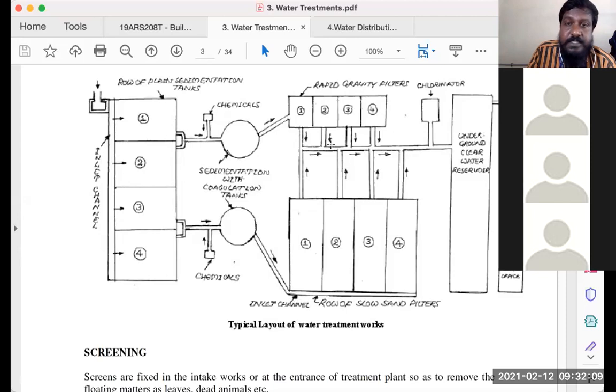It's not necessary that both systems would need to be used. This is just an example. Depending on the situation, the appropriate systems would be picked up. Normally the water quality would be taken beforehand, if a water treatment plant is to be set up in a place. The water quality from the nearby source would be taken and examined, and then they'll pick the ideal treatments required for that particular water. Here, with these distribution pipes, chlorination, as in the disinfection, happens, and then it's stored in the underground clear water reservoir, and a pump is then used to distribute.